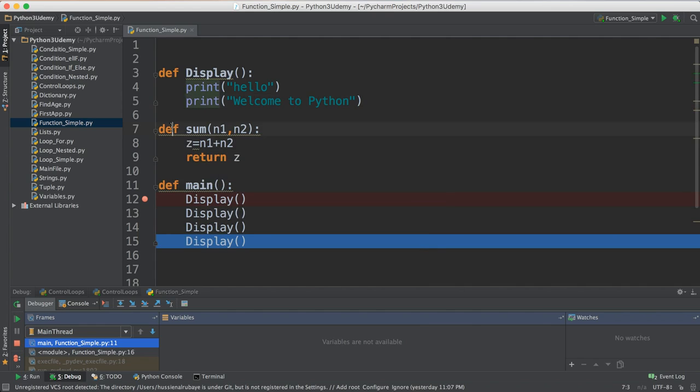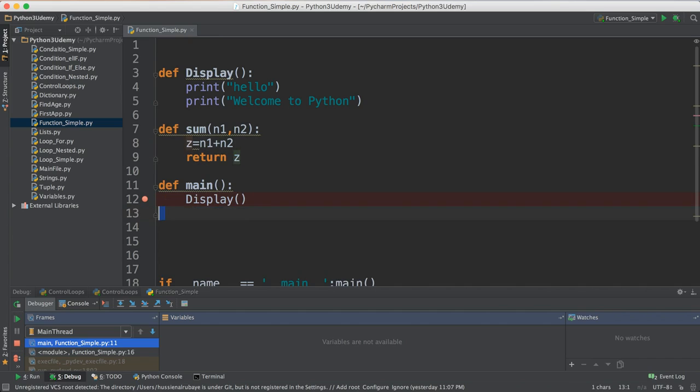When you say return, that means when anyone calls this function, he expects a specific value to come back. But if you don't mention return, you just call the function without any expectation, and you will see it in seconds. So I expect this function to accept 2 numbers, do some operation, and return a value for me. So instead of calling that one 3 times, I just do it 1 time, and let me call the second function,